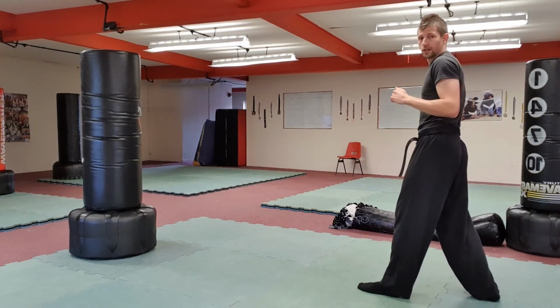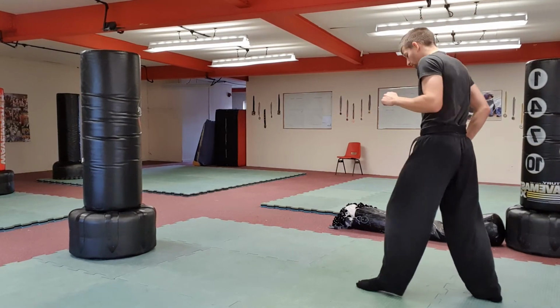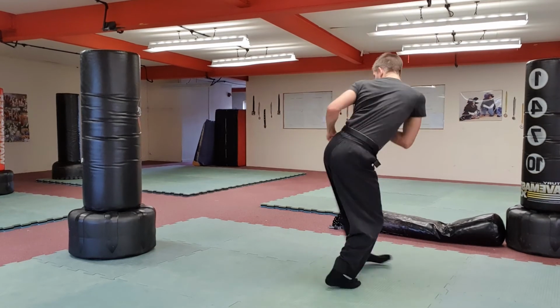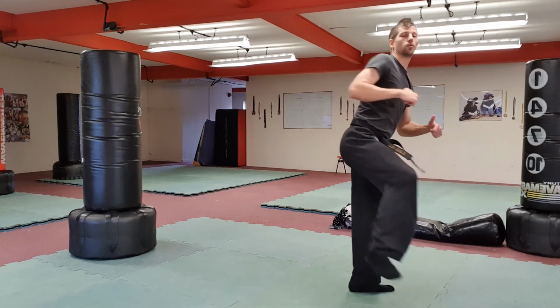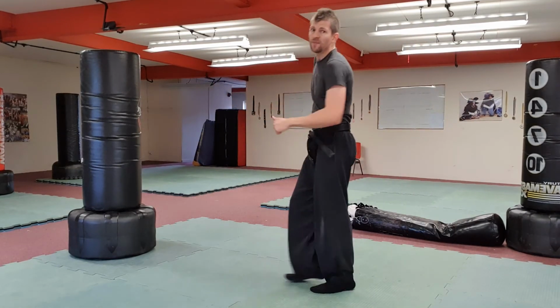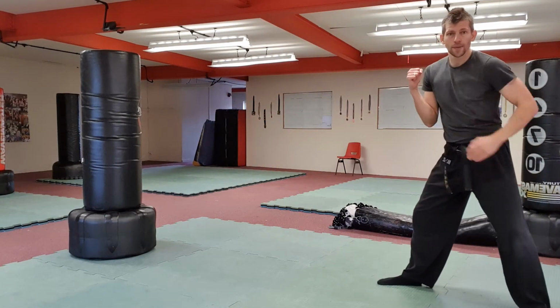You can do rear leg first. Okay, rear leg can come up. Rear leg moves first. Yeah? If it's off the back, rear leg moves, off, kick. If I do it with a step through, same one here. Rear leg